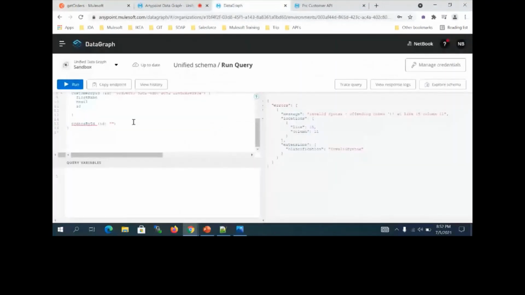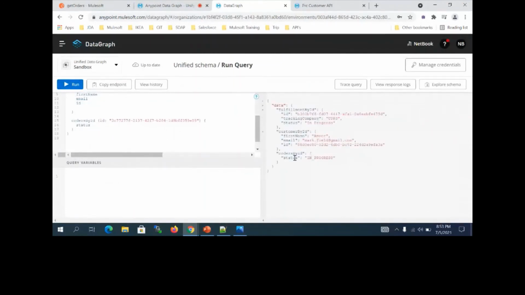I can pass it here, and we can access it. So I can check the status as of now. You can see this status is in progress. This is how we can get it.